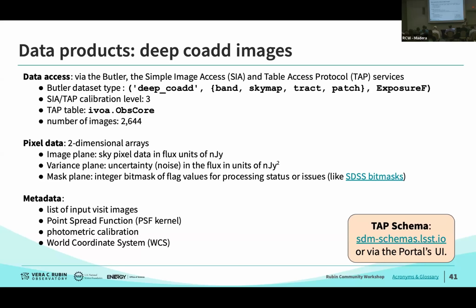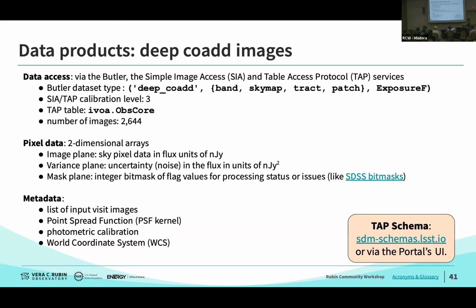So like Gloria said, we have a number of pathways for accessing the deep coadd images and also the object table parameters. The preferred method for accessing the deep coadds is also using the Butler. We have some tutorials available to help you understand how to do that. The criteria required to retrieve a unique image for a deep coadd is slightly different than for the visit images,